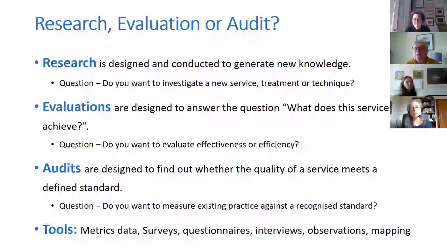So first of all, we had to look at whether we were going to do research, evaluation or audit, and how we were going to access any of the data that we could collect. Just as an aside, I've put in this slide to say, these are the 3 questions you need to ask yourself. We wanted to look at the effectiveness and efficiency of the community connector model in the 3 counties, delivered from the basis of the 3 sectors. And we looked at the tools we could use. A lot of metrics were collected, and these were separate to what we wanted to understand.